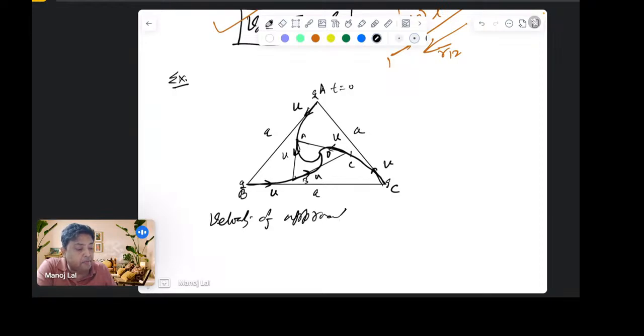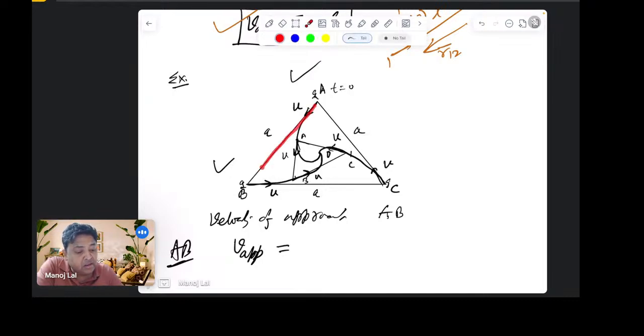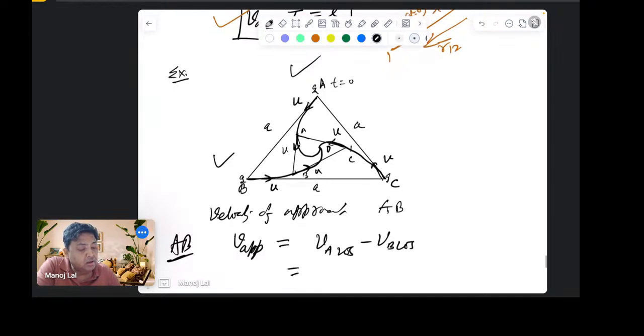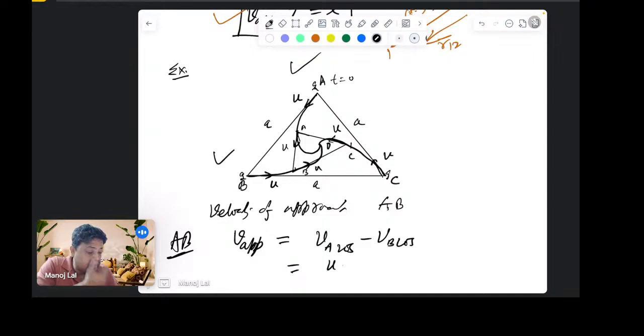Let's consider friends A and B. The velocity of approach of A with respect to B, I am considering AB. This is the line of sight. It is very clear. Along the line of sight, the velocity of A along the line of sight minus the velocity of B along the line of sight, and this is nothing but u minus, since its direction is opposite,